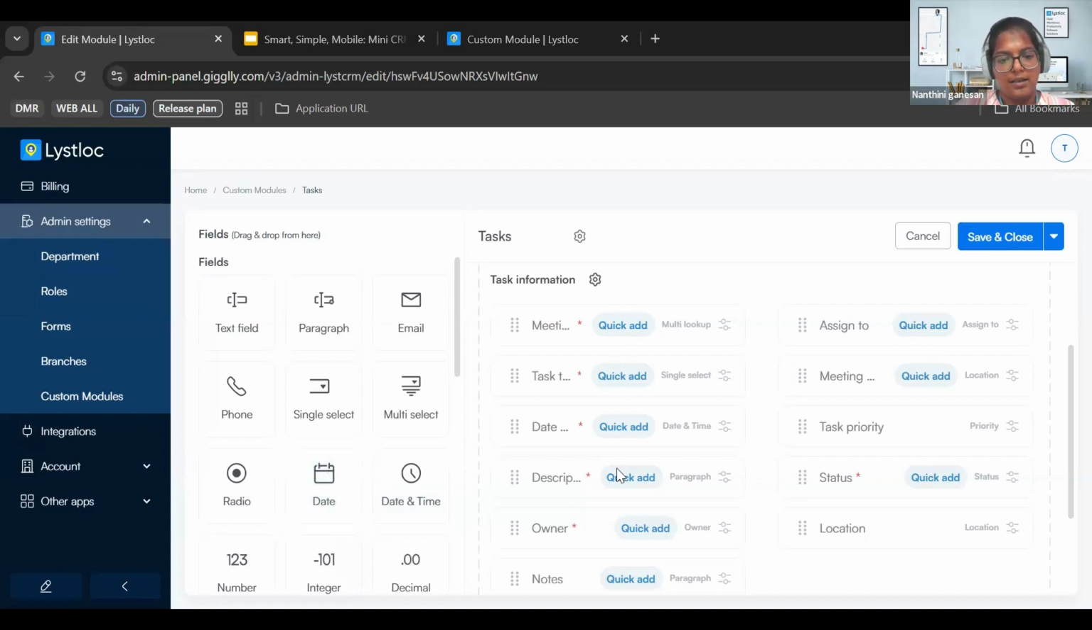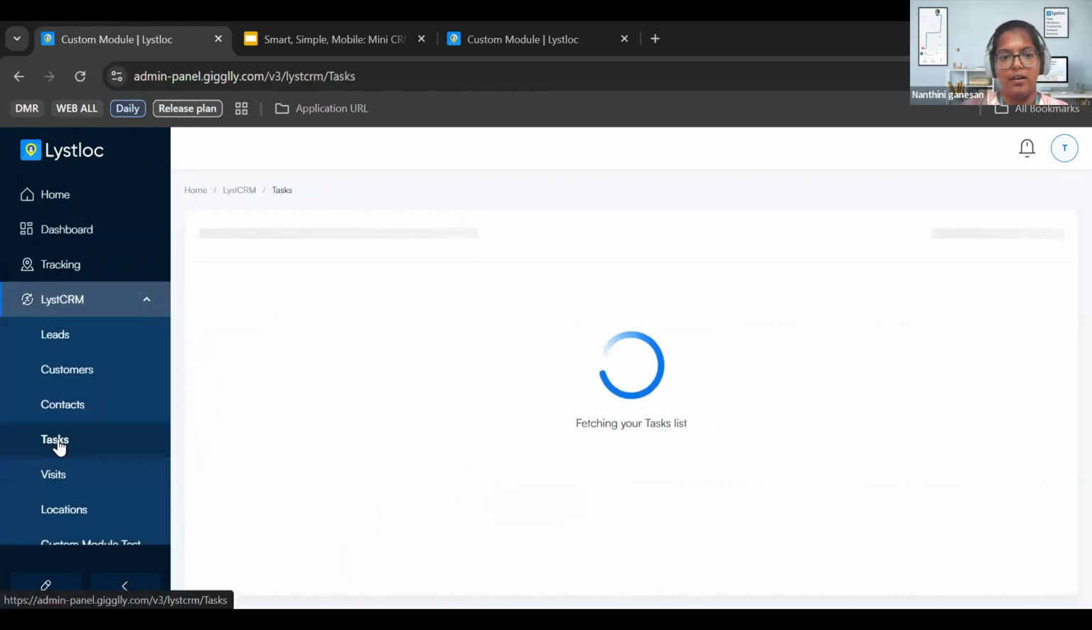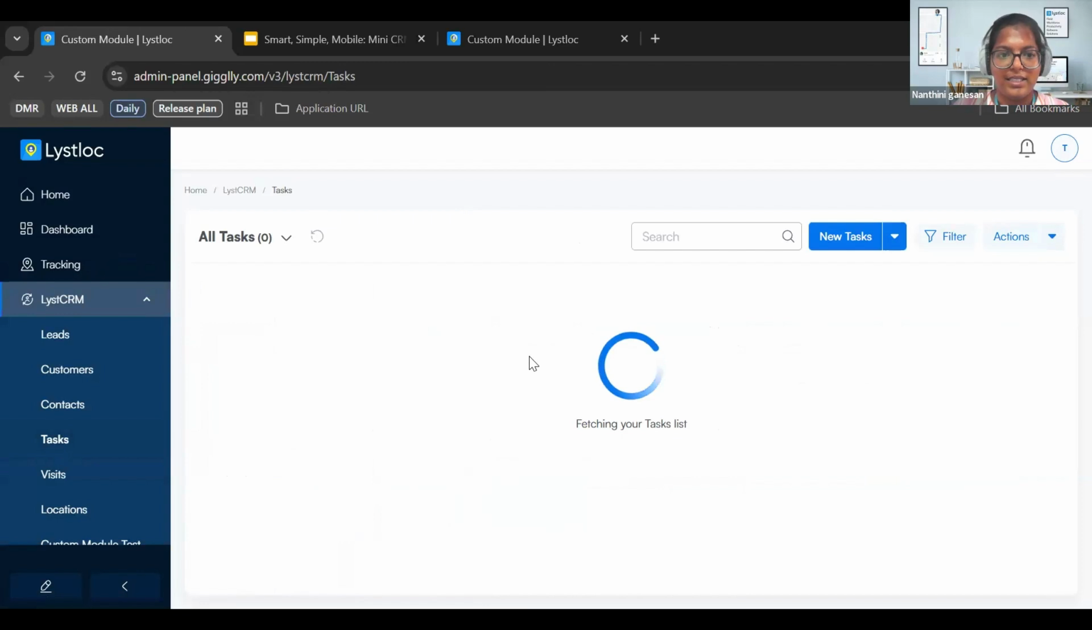So this is a basic task management where we have basic details like who are we going to meet, where are we going to meet, what are we going to talk about, anything that can be written here, and each and every task can be created and maintained. I have a couple of tasks created or distributed among my team, so those details are here, and this is how